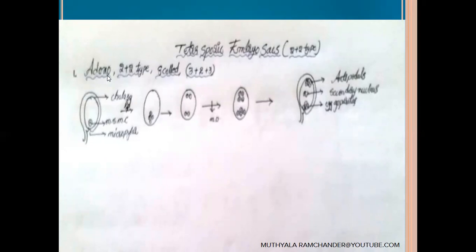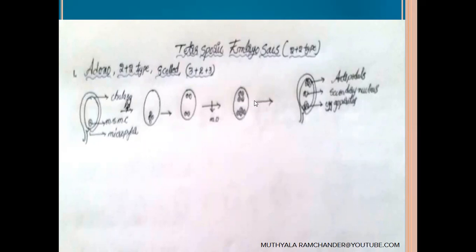It has only one example, Adoxa. Adoxa species of embryo sacs. Adoxa species of angiosperms contain an 8-celled embryo sac at the mature stage. In the ovule, at the micropylar region, from the nucellus, one single cell acts as a megaspore mother cell. It participates in the reduction division to form 4 haploid megaspores. From these 4 haploid megaspores, 2 haploid megaspores are present at the chalazal region and 2 haploid megaspores are present at the micropylar region. This arrangement is called 2+2 type of arrangement, and these participate in the mitotic division to form 8 cells. At each corner, 4 haploid cells are present.